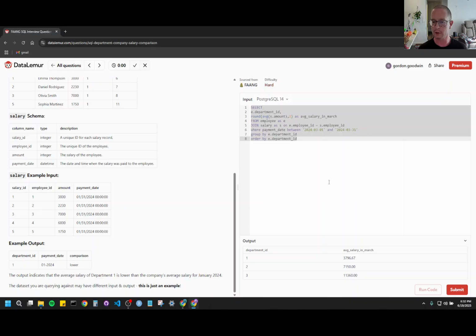And then what I want to do real quickly is validate one of these and make sure it's roughly right. So for department ID 1, it's saying in March we had an average salary of roughly 4,800. So I've copied everything we just typed, and I'm going to try and go back to the